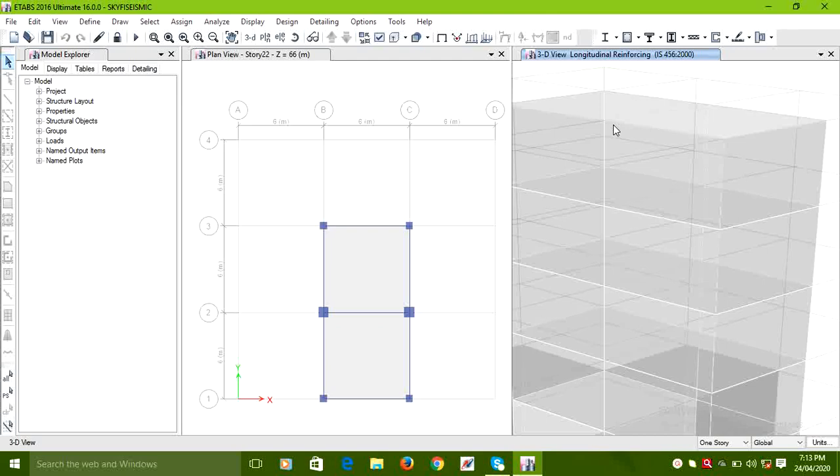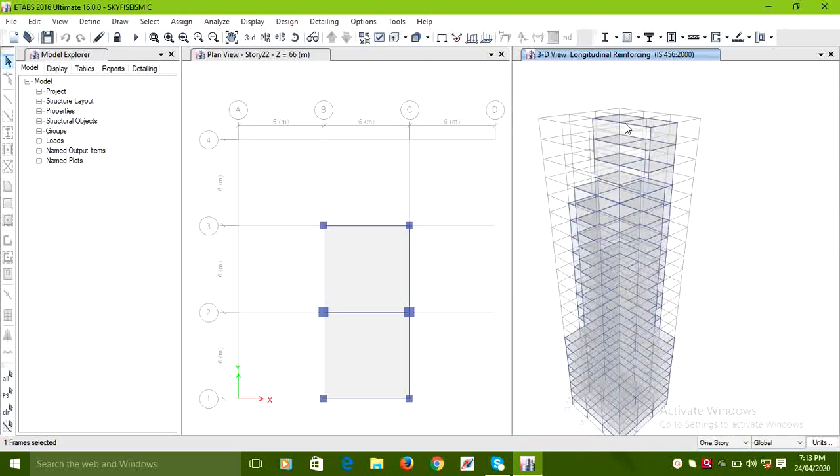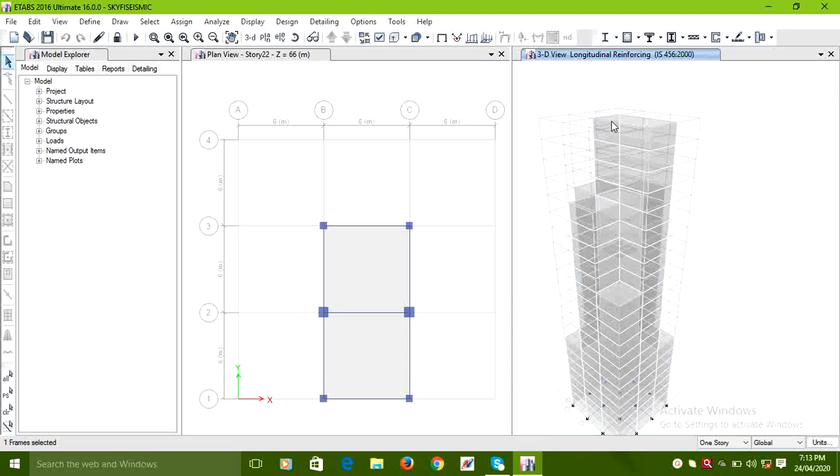So we can click on any beam, right click, to get the reinforcement detail.